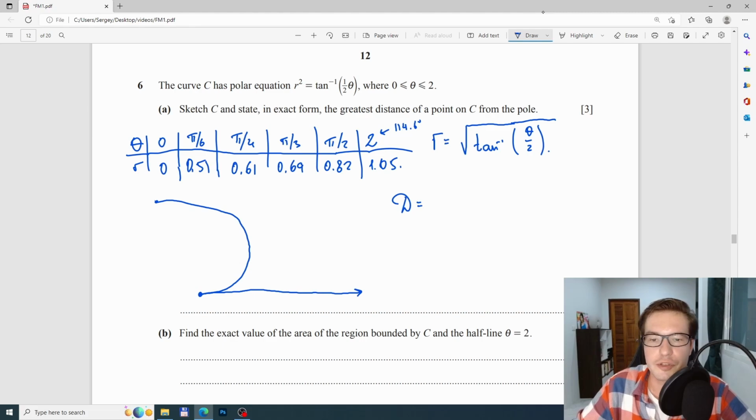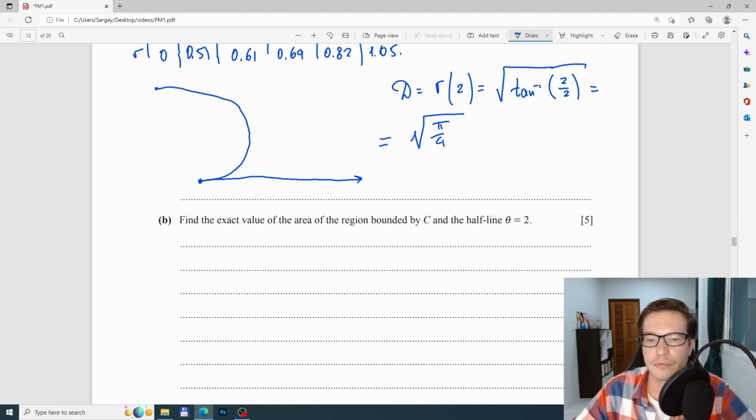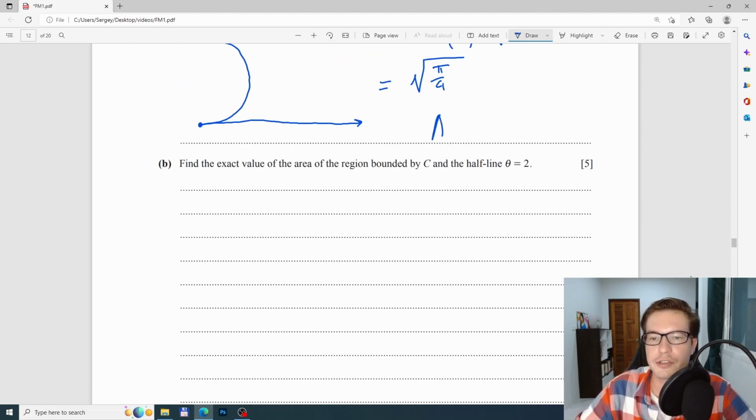So the distance is going to be r of 2, the square root of inverse tangent 2 over 2, which is 1. So that is the square root of pi over 4. Or let's give it as